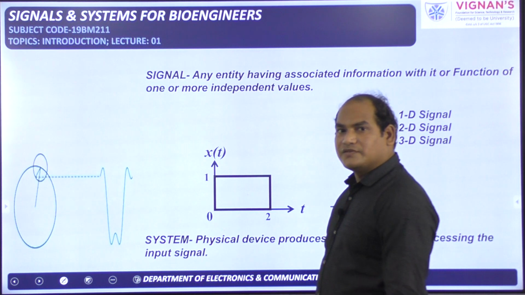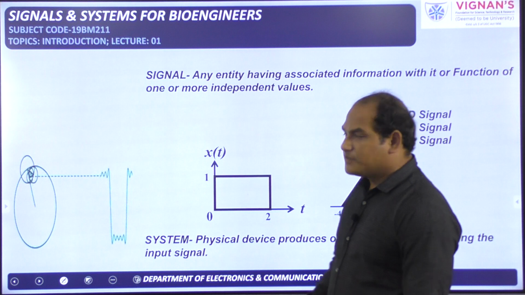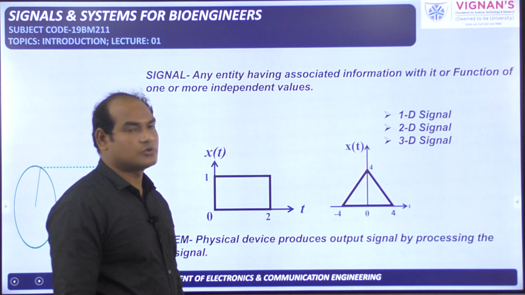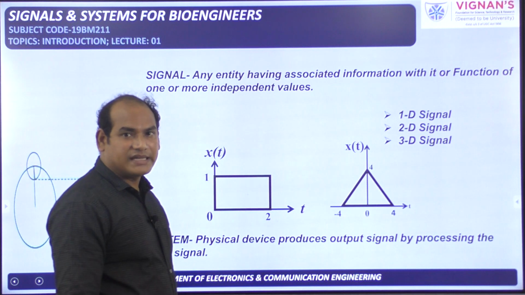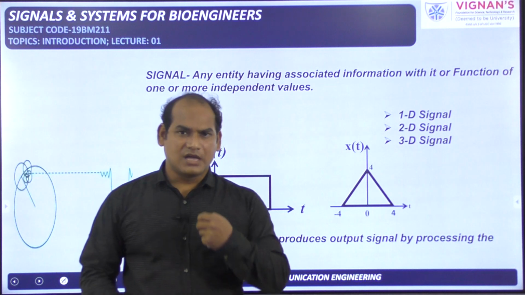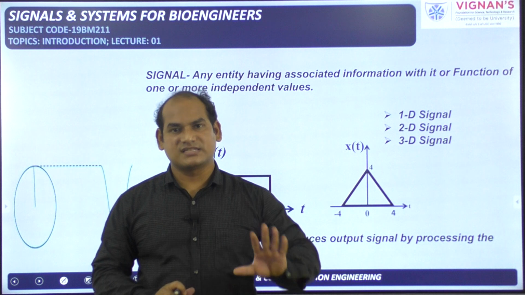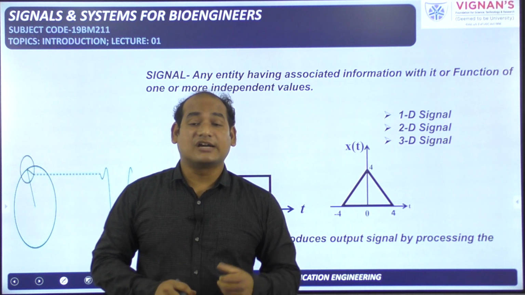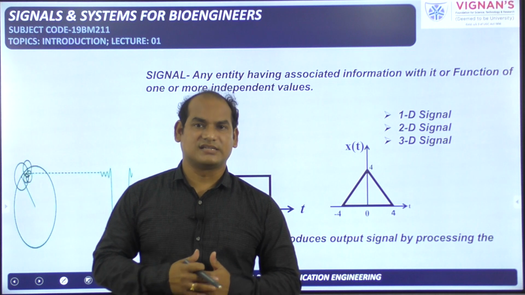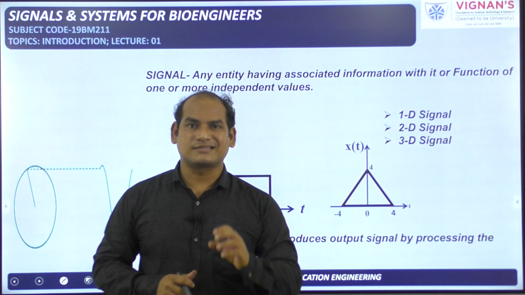And now in this lecture we will say what is a signal and what is a system. With this we will conclude this lecture, because this is the basic lecture. I am giving the information about what is a signal and what is a system. Okay, so a signal is nothing but any information we can consider as a signal, whatever it may be. Now I am talking, so my speech signal is there, that is also a signal only. Image is a signal, video is a signal, audio is a signal. I said already voice is a signal. So all these things are signals only. Any information can be considered as a signal.